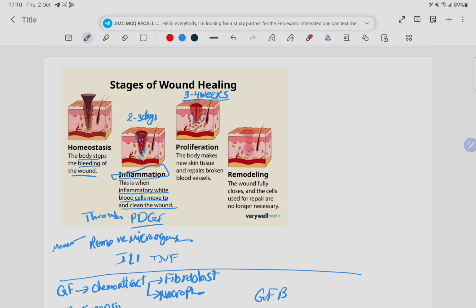The macrophages within this tissue release growth factors, which are chemoattractant to fibroblasts. Fibroblasts are usually located in the perivascular tissue and migrate along a network of fibrin fibers into the wound. The fibroblast secretes something called GAG